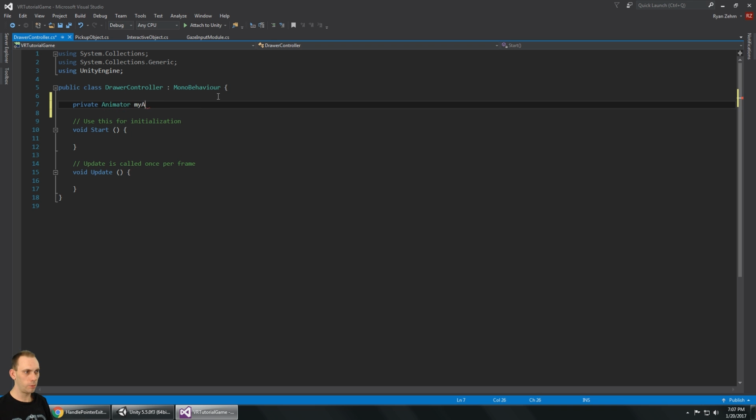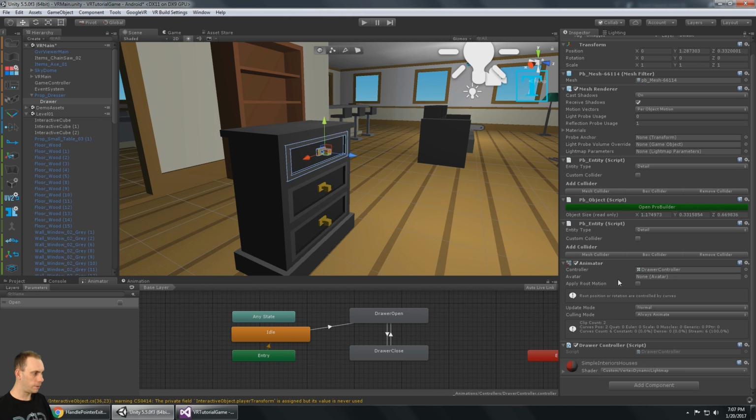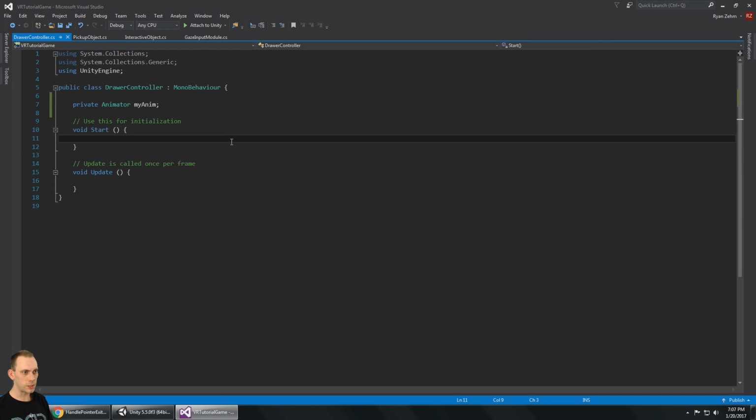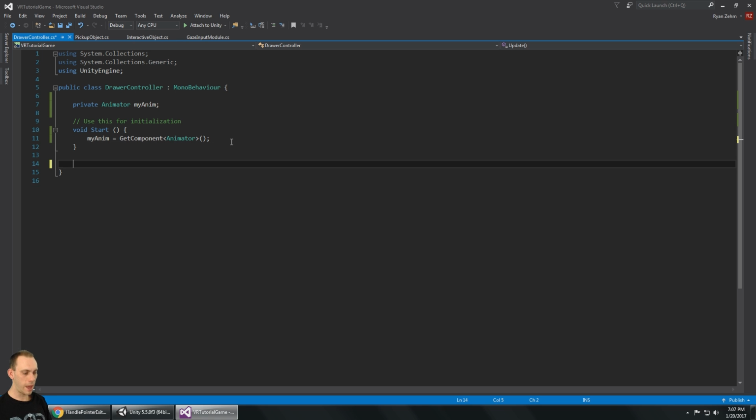I like to call that one because it's on my game object. And so at the beginning we'll say my anim is equal to get component animator, because that'll go out and find that animator, and that will allow us to have our own function that returns void that says open